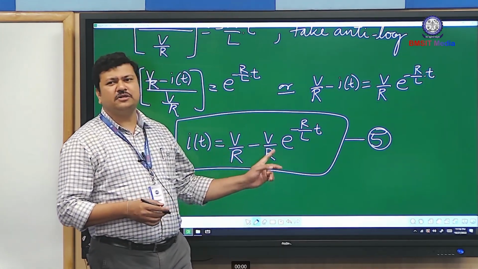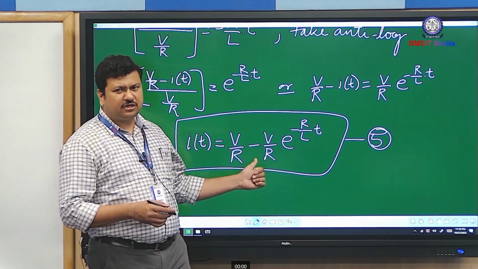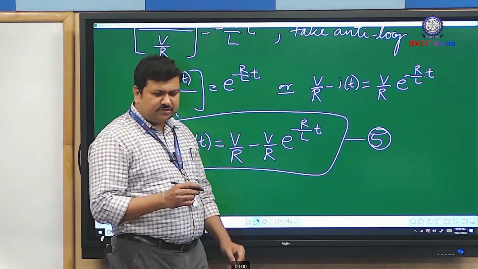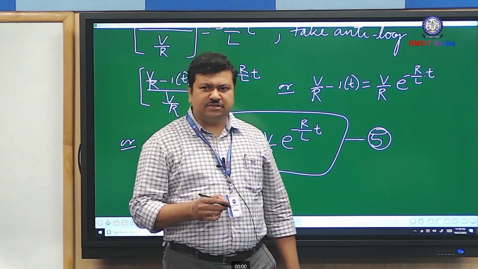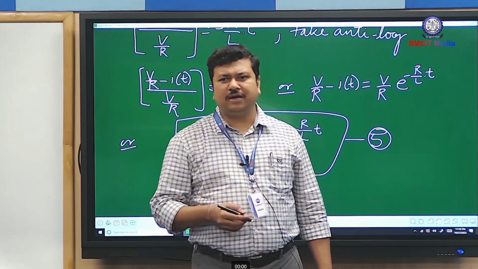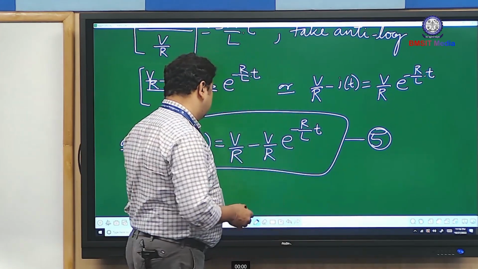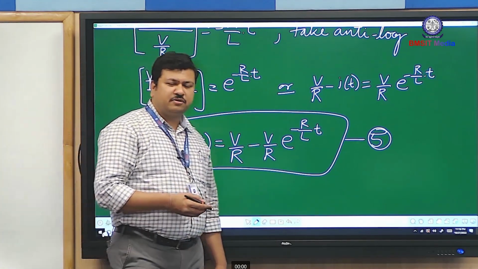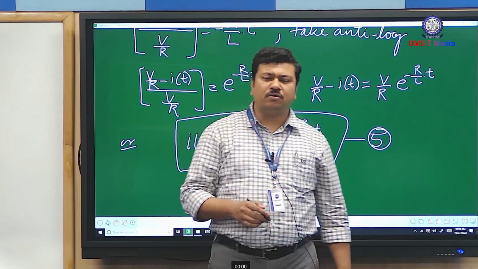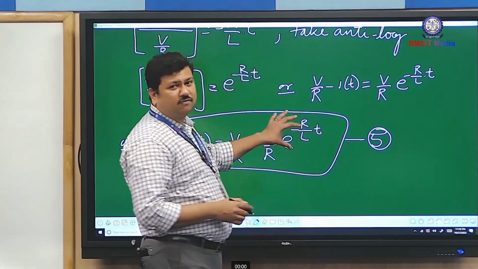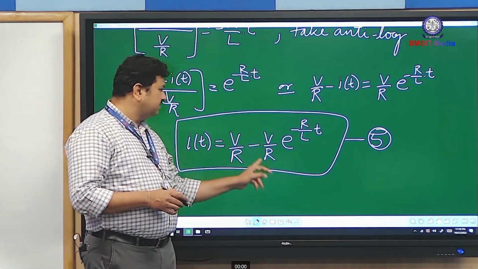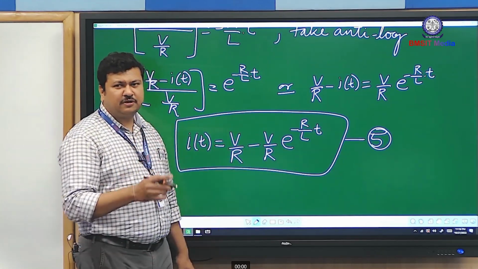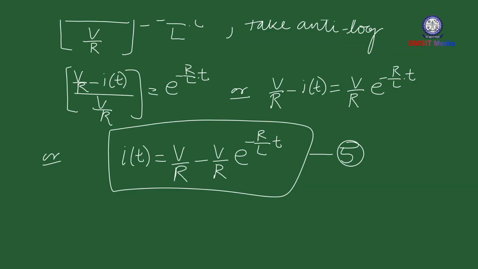So here there are two parts of the solution or the response. The first term indicates the steady state response, which is due to the voltage source applied to the circuit, and the second term represents the transient response or the natural response, which is not due to the voltage source. It is because of the nature of the system. The second function is because of the nature of the circuit, whereas the first function is solely because of the applied voltage or the source